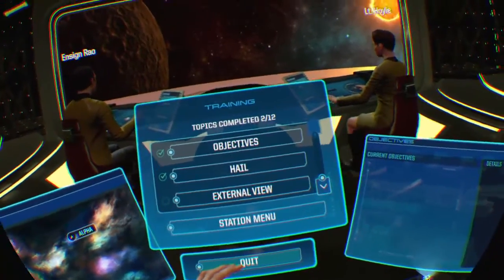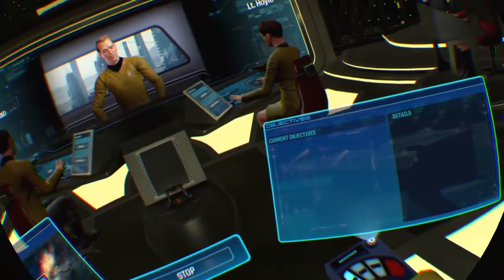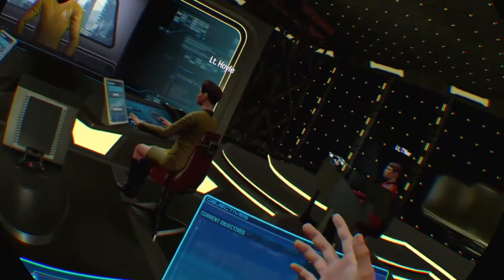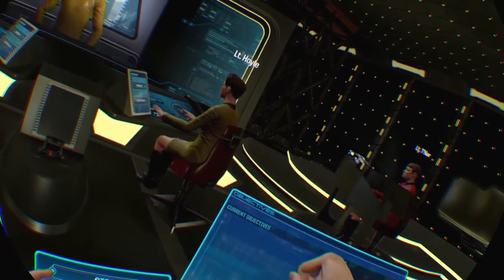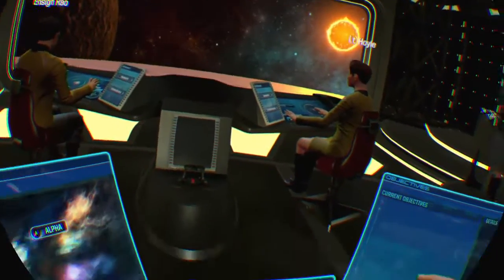Okay. That's cool. As captain, you can answer a hail when messages from Starfleet or other ships are received. If the message is accompanied by video, it will be displayed on the main view screen. I can't say if it's incoming... or if it's...